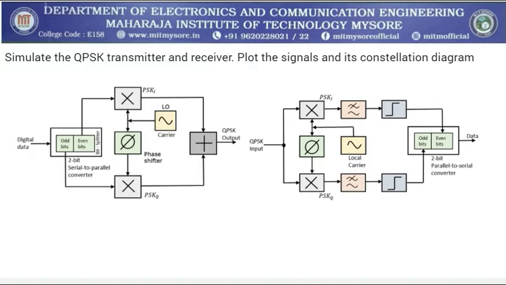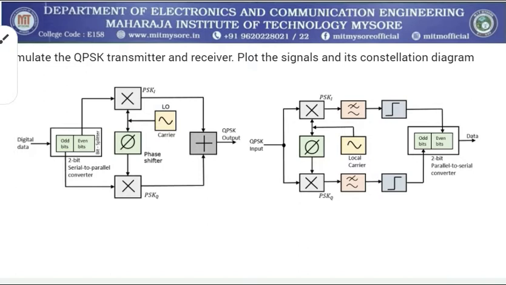Then it is inserted to the input block for demodulation, where the I phase and the quadrature phase are separated along with the data units, and passed through the low pass filters, and again the odd bits and even bits are taken out. You can look at it over a period of time that it requires a 2-bit parallel to serial converter. The same method applies here: odd and even bits are taken in a parallel fashion, that is serial to parallel conversion and parallel to serial conversion.